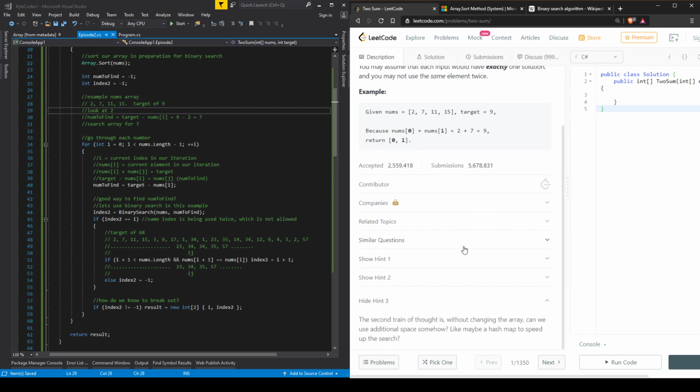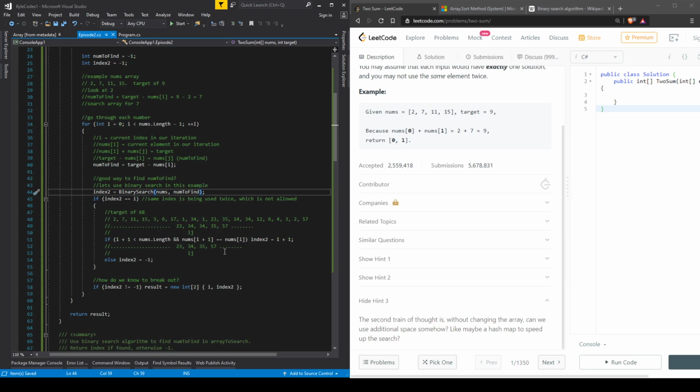Next time, I want to do hint 3 on the same problem and kind of explore the idea of using additional space, possibly a hash map, to speed up the searching of our second value. Instead of binary searching for it, maybe we could use a hash map, or in CSharp, a dictionary, which is, I believe it's the same as a hash map, but different. You can use things other than strings to index